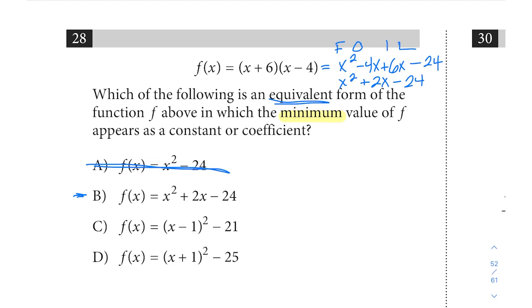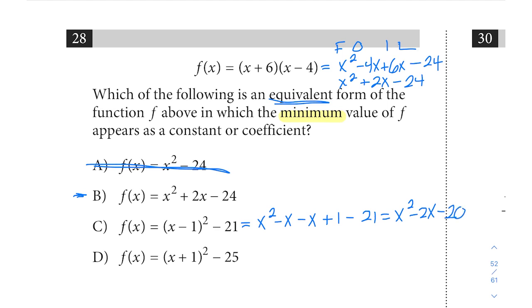And let's see if we can find anything that's equivalent. So A is definitely not equivalent because they're missing the plus 2x in the middle. B is equivalent. We don't know if it's showing the minimum value as a constant or coefficient, but we can say for B at least, let's keep it on the board because it is equivalent. Let's check C. So here if we FOIL out that first part, x squared, minus x for outside terms, minus x for inside terms, plus 1